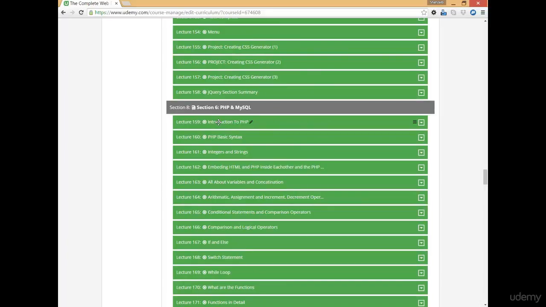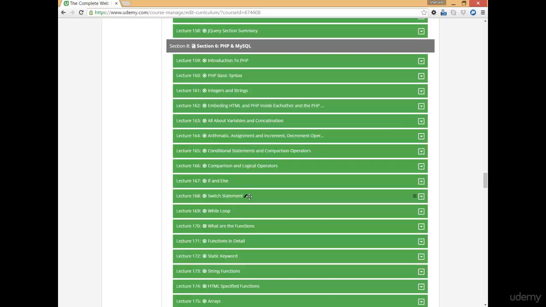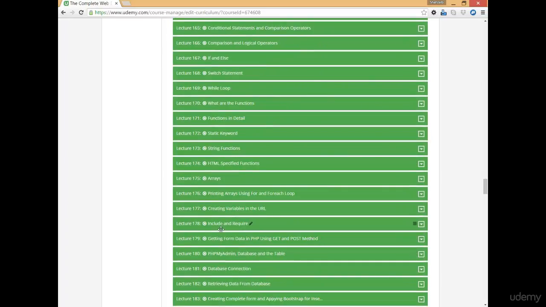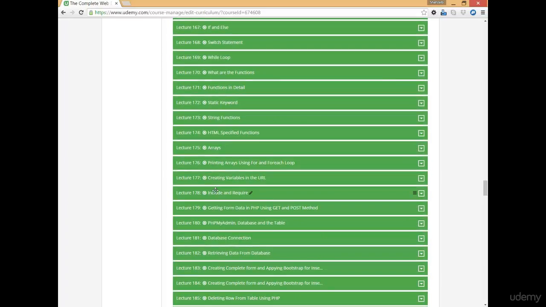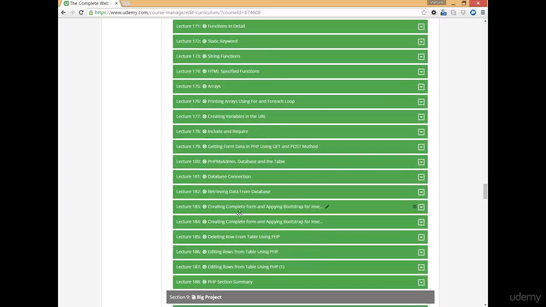We are using MySQL as the database of our course for now, and you can see that it has the same elements like the switch statement, the if and else, the comparison and logical operators, etc., the static keywords, the printing arrays topic, the include and require, and then the MySQL elements. So then you can see phpMyAdmin, the database and the table, the database connection,